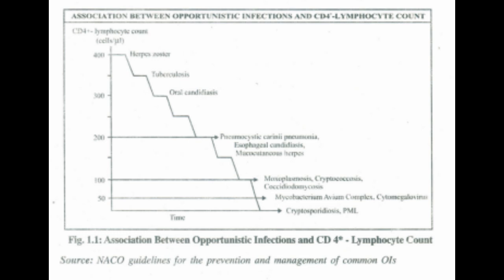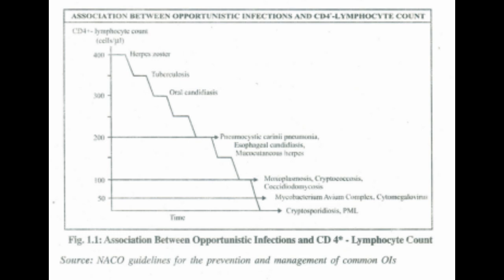Look at the screen. In early HIV infection and relatively well-preserved immune status, herpes zoster, oral candidiasis, skin and soft tissue infections, and bacterial pneumonias are the common OIs. With advancing immune suppression, serious and severe infections like Pneumocystis jirovecii, toxoplasmosis, disseminated fungal infections, and Mycobacterium avium complex (MAC) infections become more common. Tuberculosis in all forms is common in all stages of HIV infection, though severe, disseminated and extrapulmonary TB is more frequently seen in advanced HIV disease.